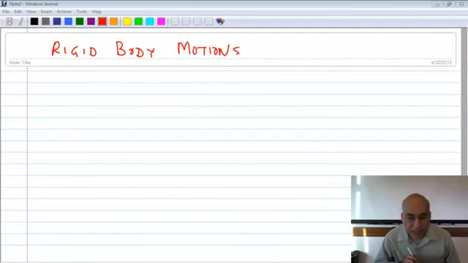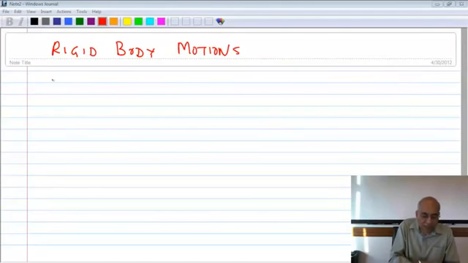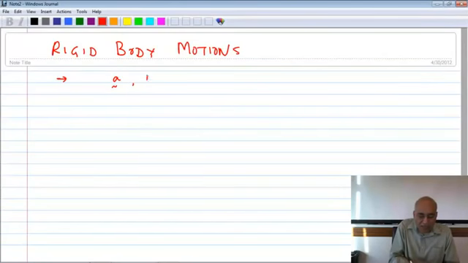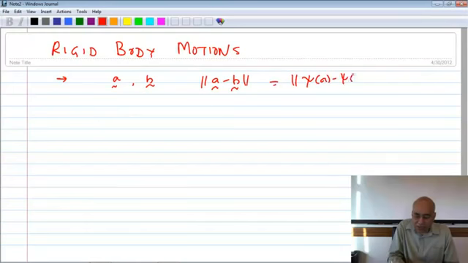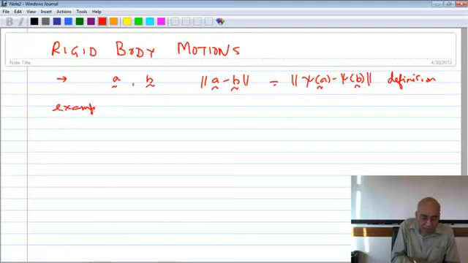Hello. So let's continue with our lecture on rigid body motions. In the last lecture we studied the definition of rigid body motions, which is that if I have points A and B, then the length before the transformation is the same as the length after the transformation. That's the definition. And then we did an example, and the example was translation,